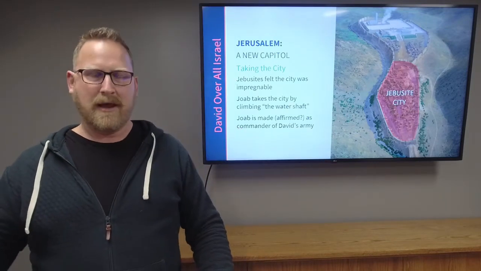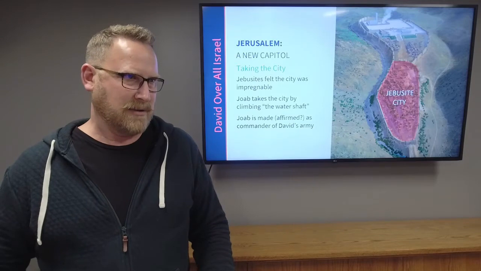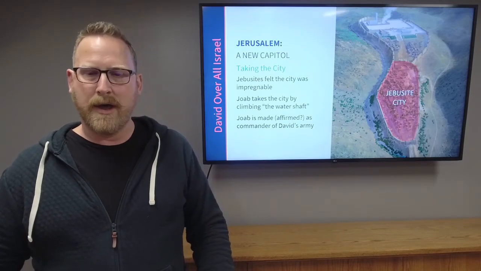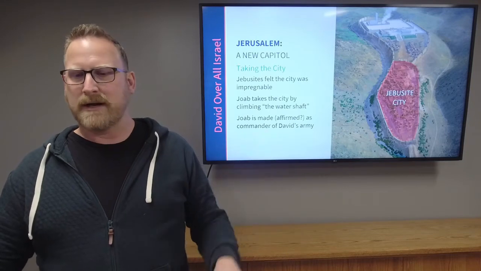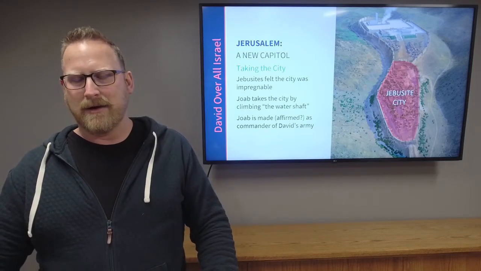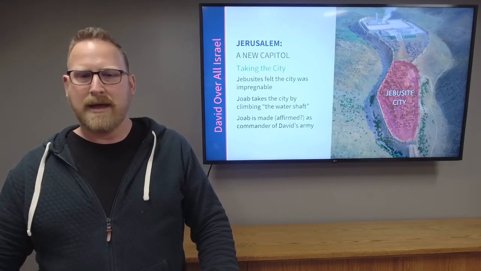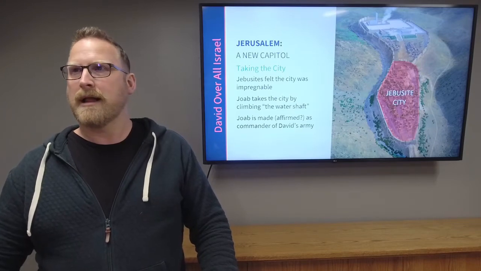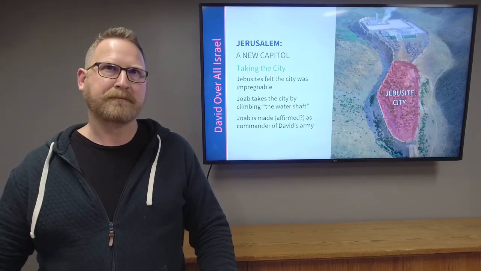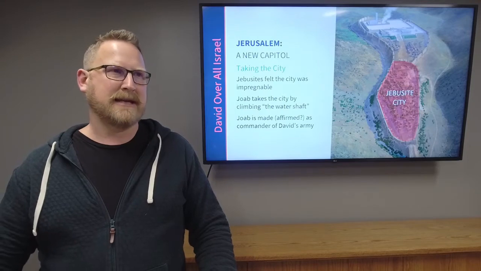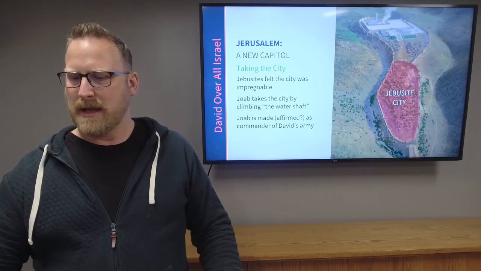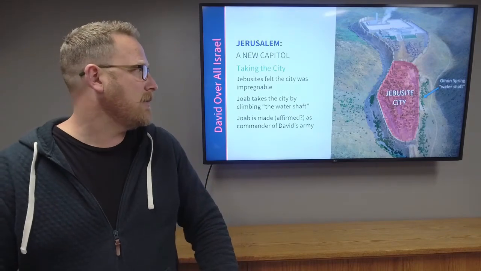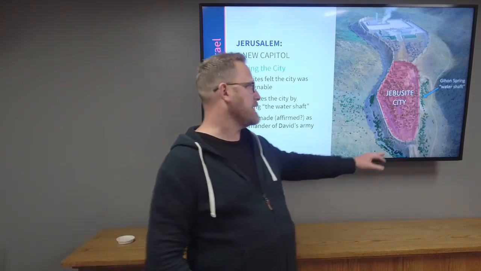They said the blind and the lame could defend against you guys. And so David basically says, whoever can take this city, they're going to have to go and take the blind and the lame, and he's going to have to do it by climbing the water shaft. Now, it's actually debated as to what the water shaft is. But in the Gihon Spring, which is here on the side of the city,